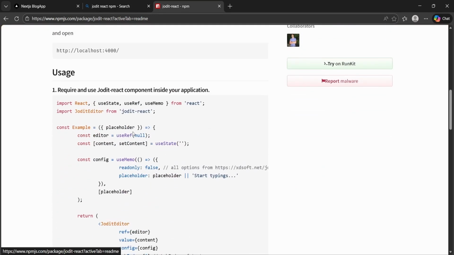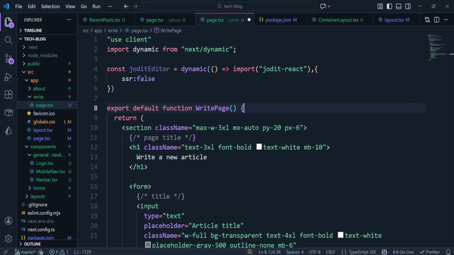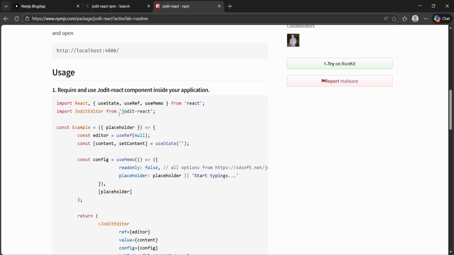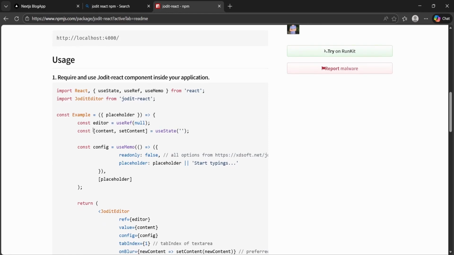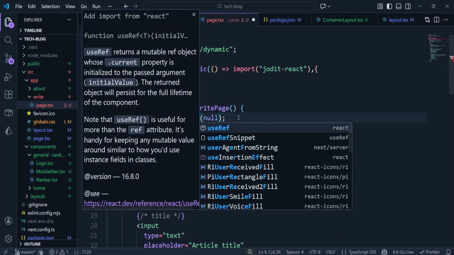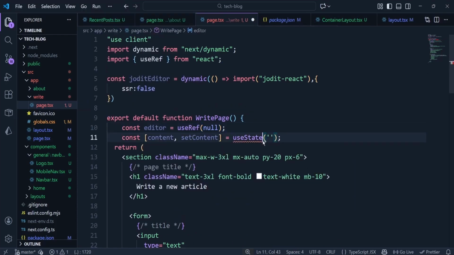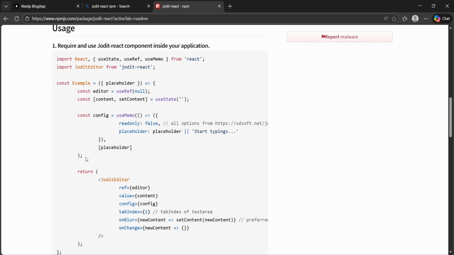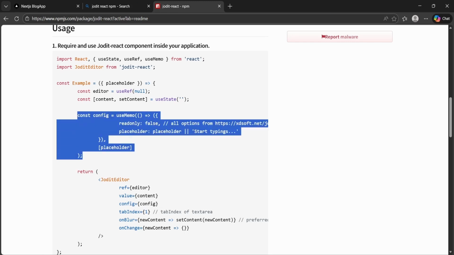If you are using Next.js, we have to do that dynamic import. But this is actually doing the implementation for React. That's why they're not doing that dynamic import. And then we have to do const editor. We just copy this right here. Then I'll paste that up here. I'm going to get useRef from the React library. I also get useState from the React library. And next we have to create a function. So I'll just copy this and I'll paste that